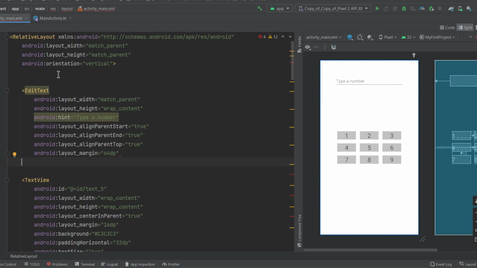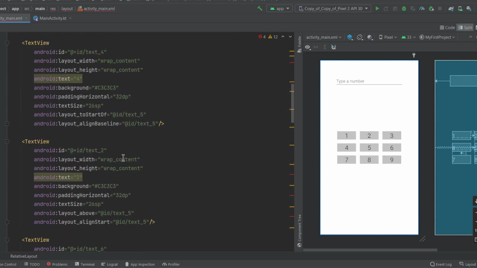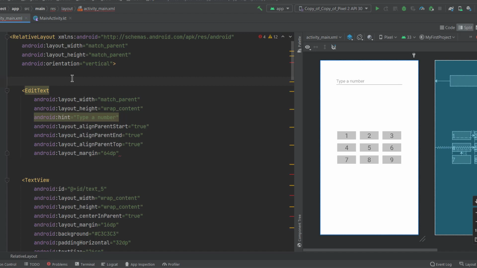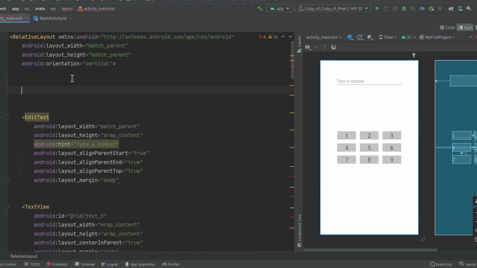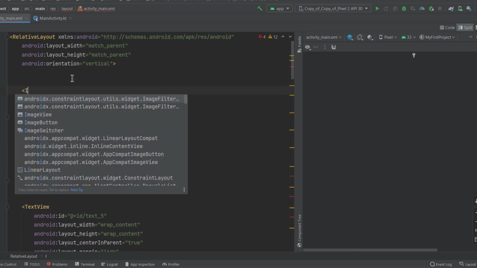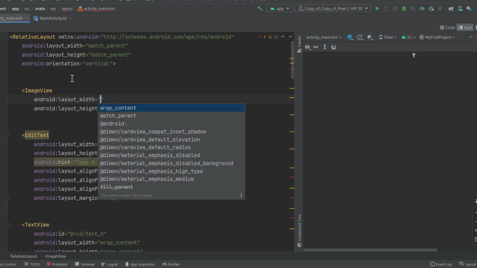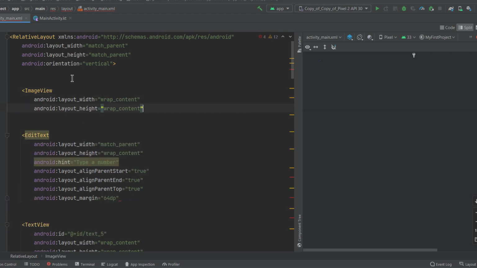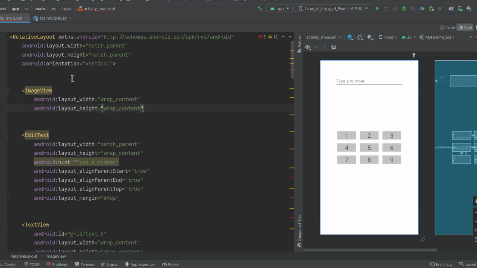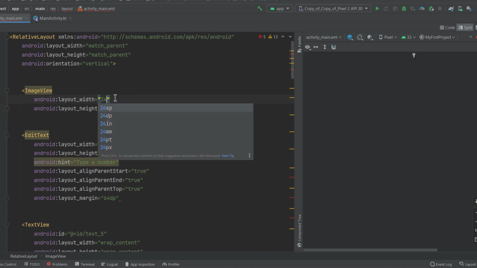And finally I'm just gonna create the icon and place it on the bottom here. So let's just create the icon. I can also create it here. Let's just add the image view, get the image view, wrap, and you cannot see it because it just doesn't have any size. Make it 24 dp,